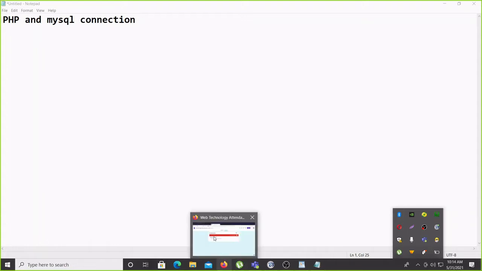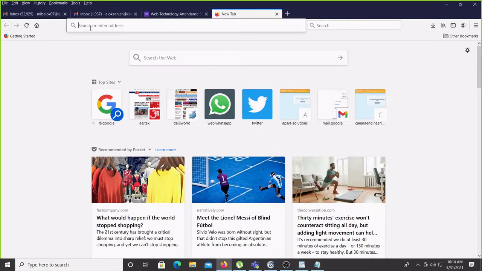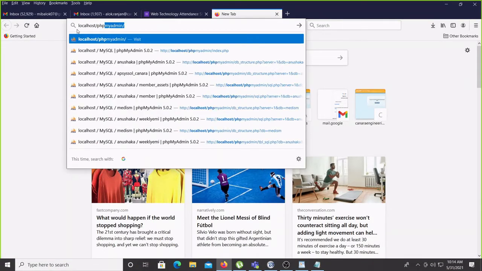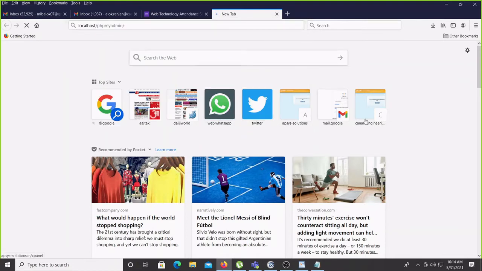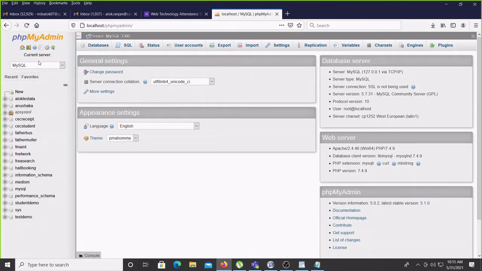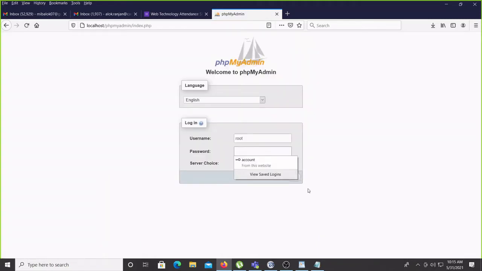Now after that, open the browser. In that browser, write down localhost/phpMyAdmin, and by default there is no password, but the username is root only. So you will get this page. This page will come for you.